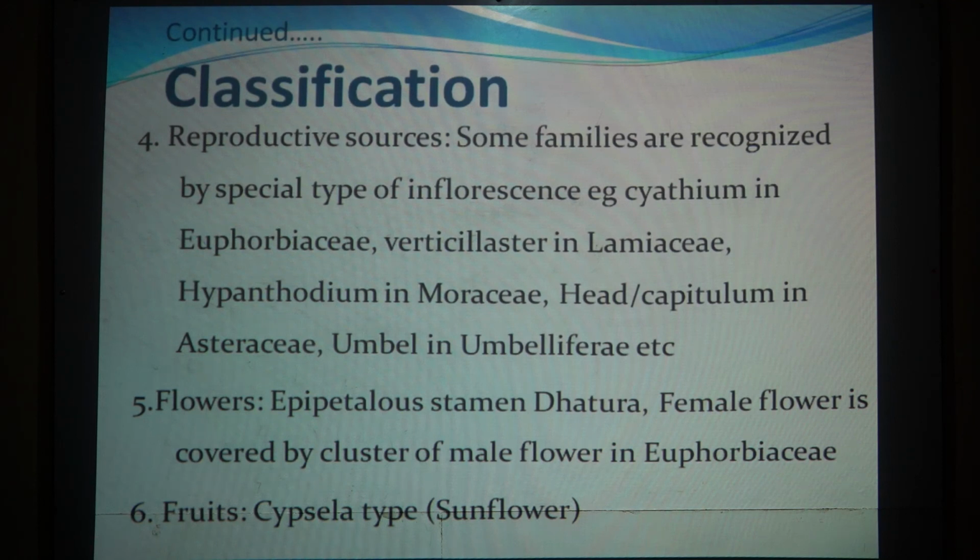Next, fruits are also characters widely used in identification. Two genera from the family Liliaceae, Chlorophytum and Anthericum, are differentiated on the basis of the number and shape of the seeds or hairy outgrowth on the testa. Their length and color provide useful characters in differentiation of genera and species of the families Malvaceae, Convolvulaceae, Asclepiadaceae and Acanthaceae. So these fruit characters or flower characters are used for classification.